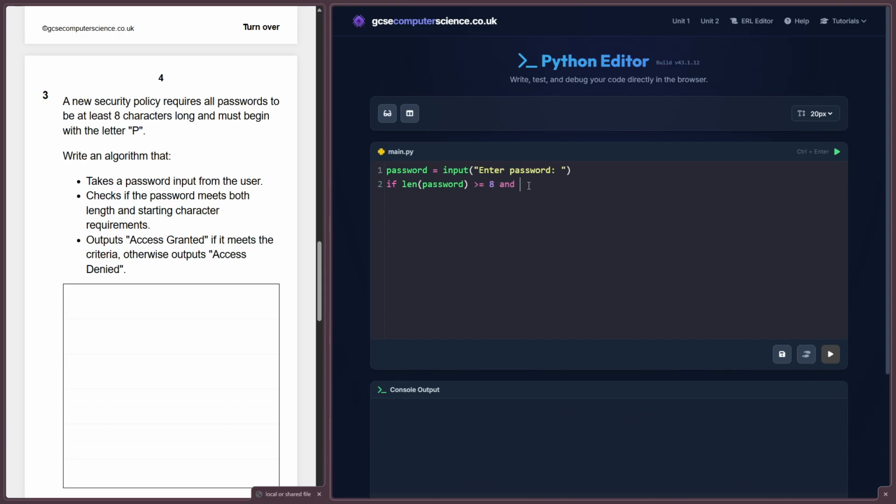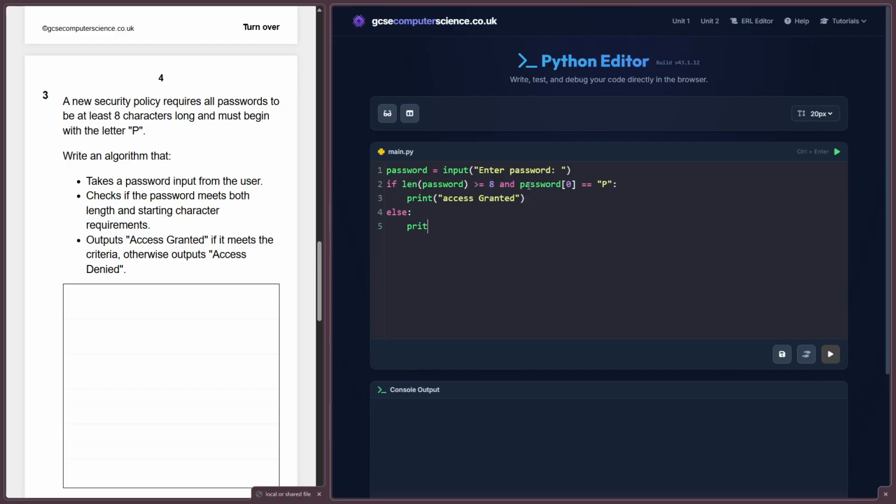So how do we check the first letter? And password location 0, similar to index. Double equals, now we're doing comparison, equals capital P. Then we print access granted, else